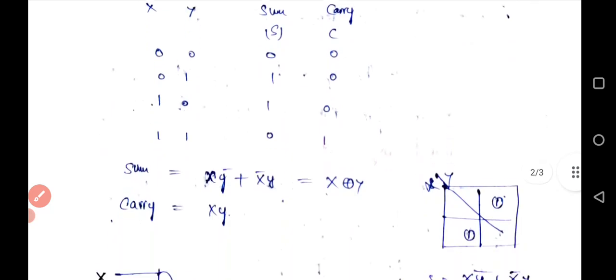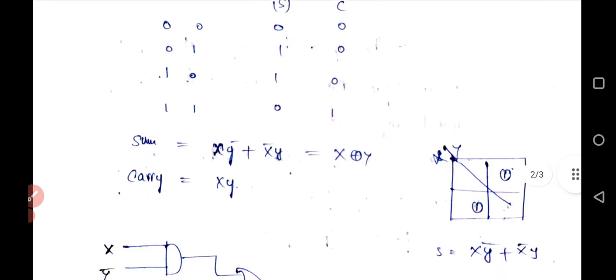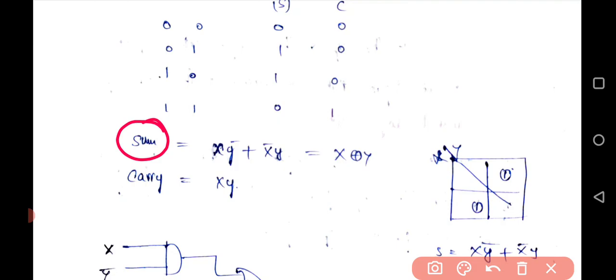For this circuit we can make a K-map, and represent the sum and carry in terms of literals. This is just a K-map for two variables. First we draw the K-map for the sum. From the K-map point of view, where we get the highest values, those can be represented in the corresponding locations.